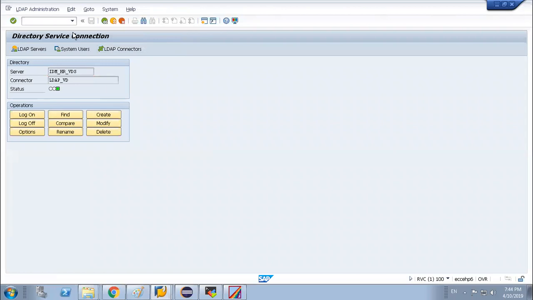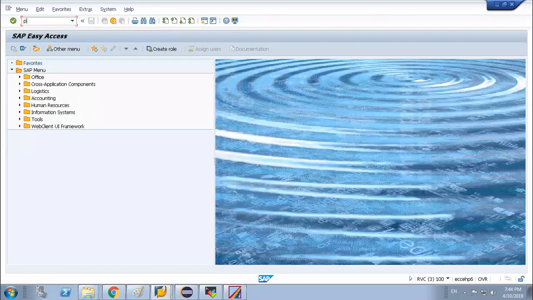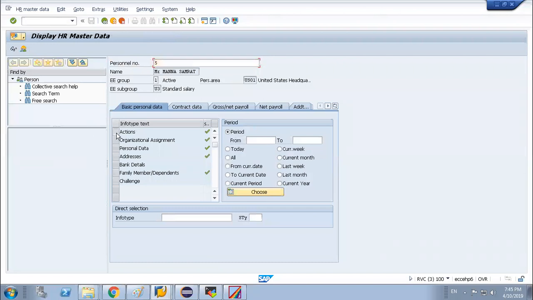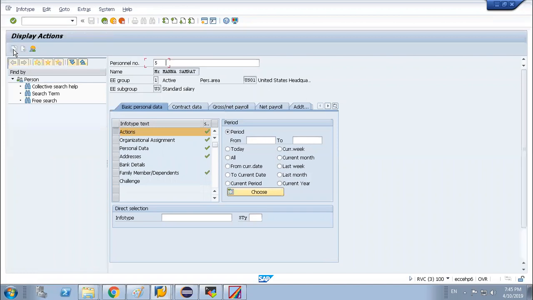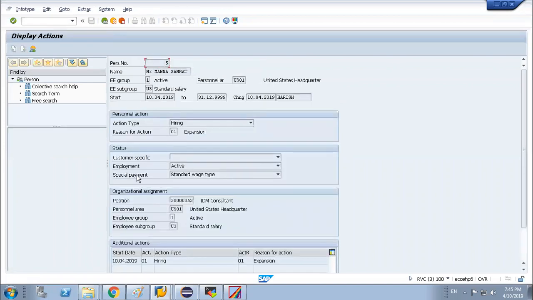Let me open PA20. Partner, right? No, P000 is the action type. Info type action. So in this actions info type, what are the things? A lot of things are there: action type, action reason, employment status, special payment, position, etc.